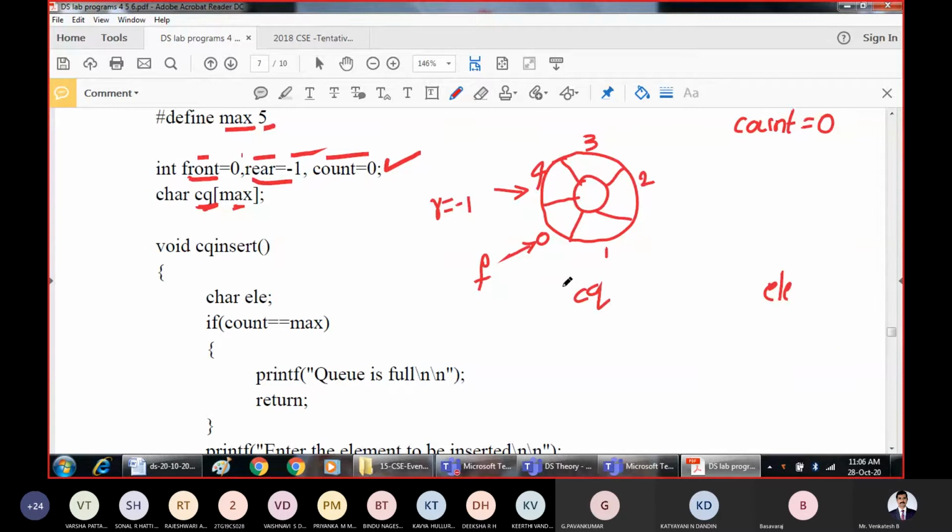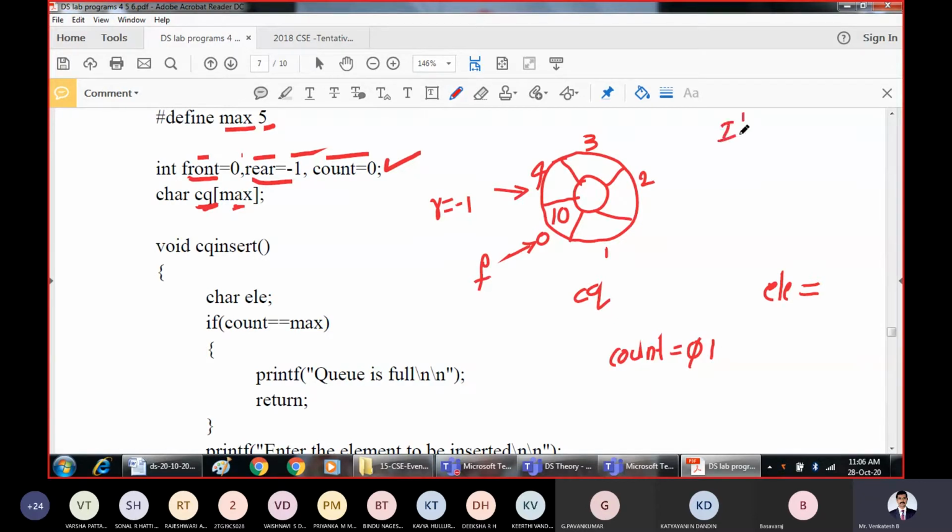We have inserted successfully, and I'll take the value of count, remove it from this place and rewrite it here, along with the element which you want to insert. Count was 0, it has become 1 now because there is one element in the circular queue.